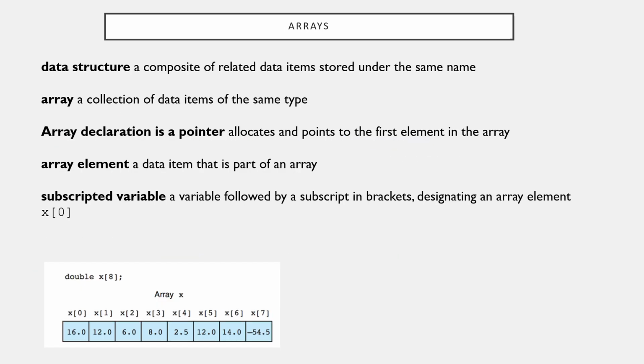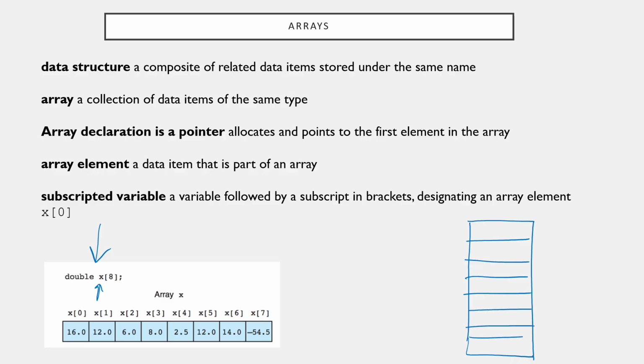So let's review arrays. Arrays are a collection of the same type of data. Here we're declaring an array of doubles. The name of the array is X. We are getting 8 doubles. When you do that, you usually draw arrays horizontally, but in memory,